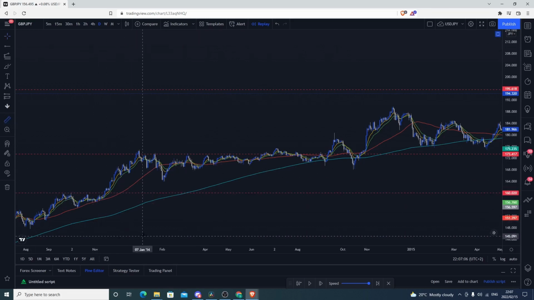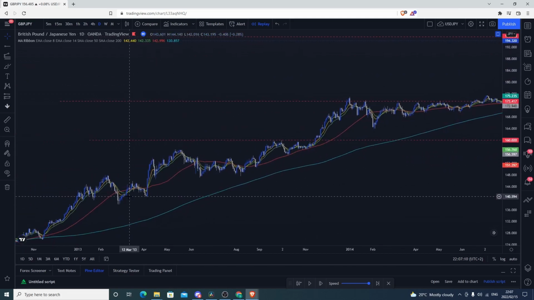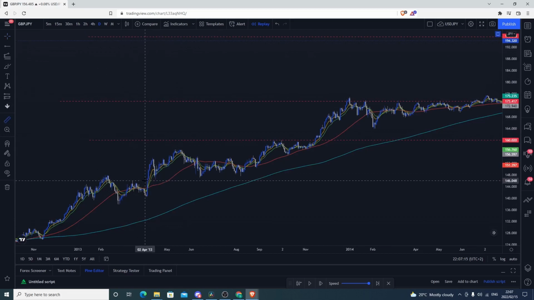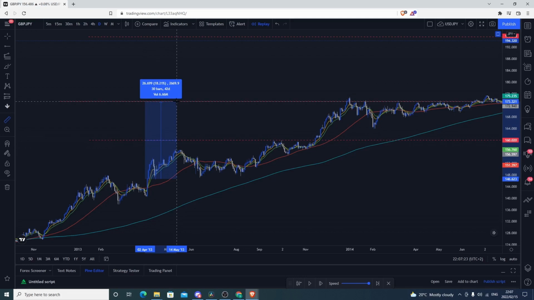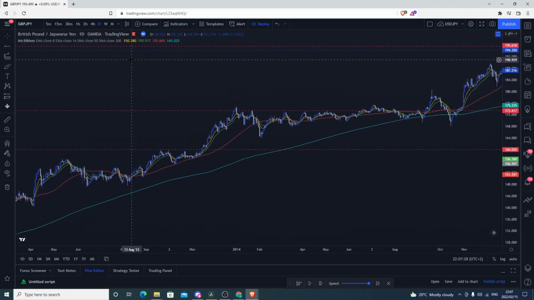So say for example we got in from here, guys. Let's just run through the pip count quickly, right? Let's say we got in from here, like I said earlier, on the bullish engulfing, so we get in from around about here. We'll take the buy here, right? That's already 1,320 pips. There you're looking at 2,669 pips, and there you're looking at 4,890 pips that cleanly hit,